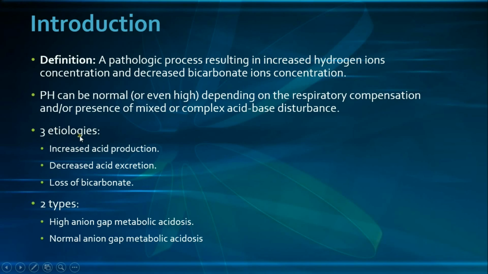Now there are three main pathophysiologies by which metabolic acidosis occurs. The first is increased acid production, which gives the hydrogen ions of course, the second is decreased acid excretion, and the third is free losses of bicarbonate. And clinically we can classify metabolic acidosis into either a high anion gap metabolic acidosis or a normal anion gap metabolic acidosis. And the concept of the anion gap is actually quite interesting, so let's have a quick look at